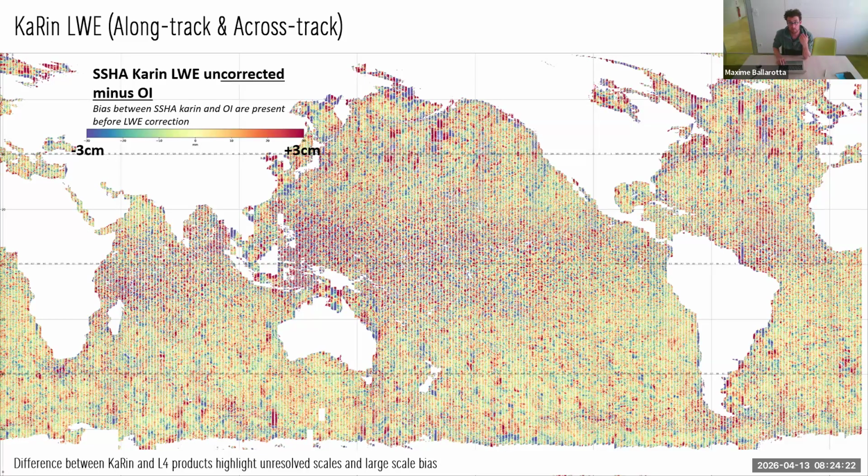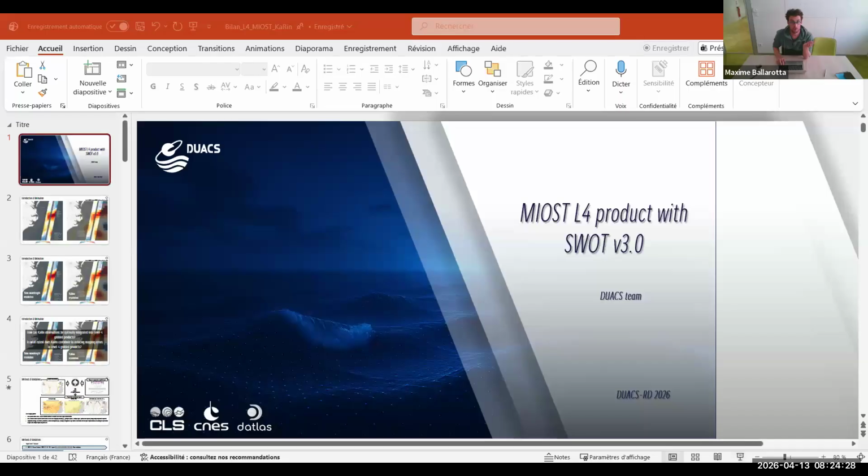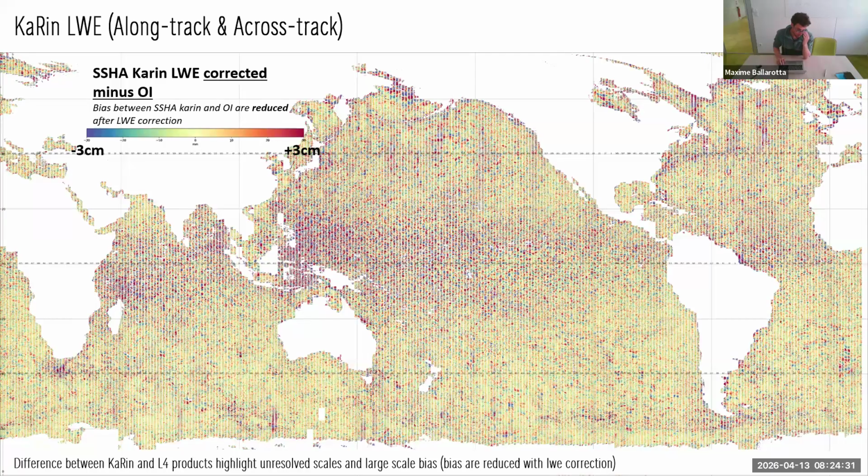As I said previously, the residuals that we absorb are mainly large-scale residuals, but the small scales that are mainly linked to other physical error or ocean signature not resolved in the level 4 product, are still persisting in the